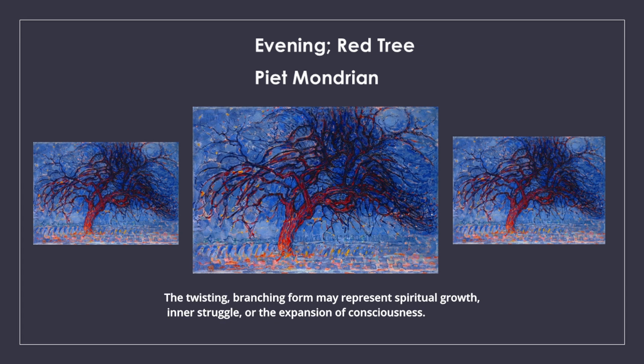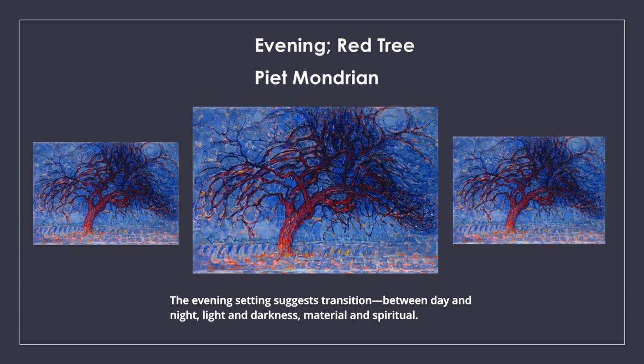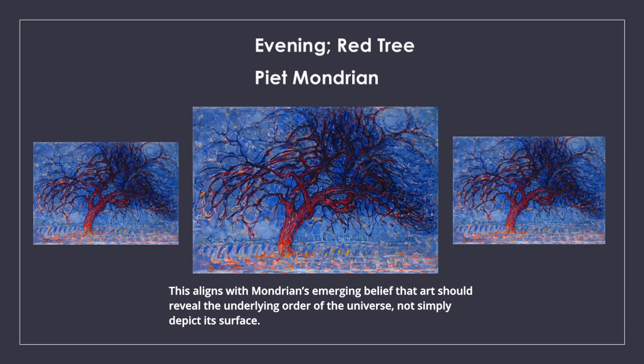The twisting, branching form may represent spiritual growth, inner struggle, or the expansion of consciousness. The red can symbolize vitality, passion, or even the divine spark within nature. The evening setting suggests transition between day and night, light and darkness, material and spiritual. This aligns with Mondrian's emerging belief that art should reveal the underlying order of the universe, not simply depict its